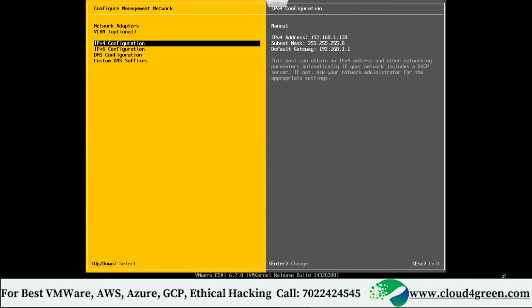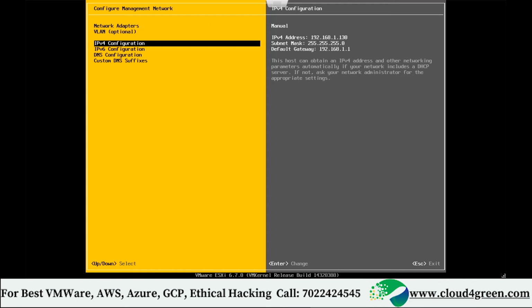Sir, there are two types of IP: dynamic IP and static IP. Dynamic IP will keep on changing. In a production server, we should not keep on changing the IP. The IP should remain static. Passwords we change every 60 days. Understood? This is a best practice we follow. So this is how you should set a static IP.